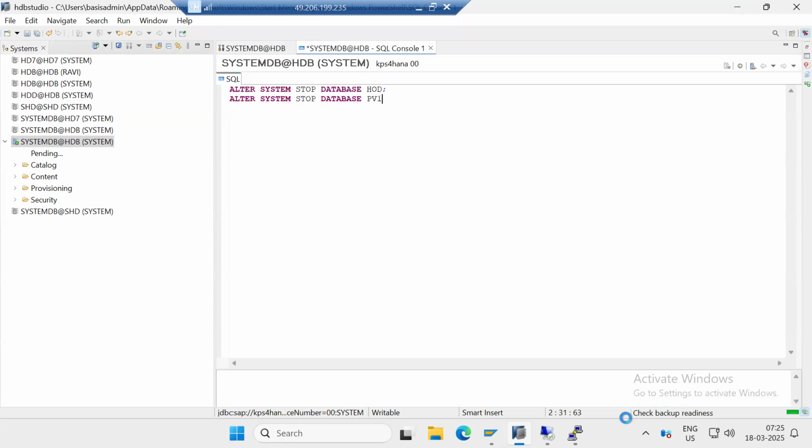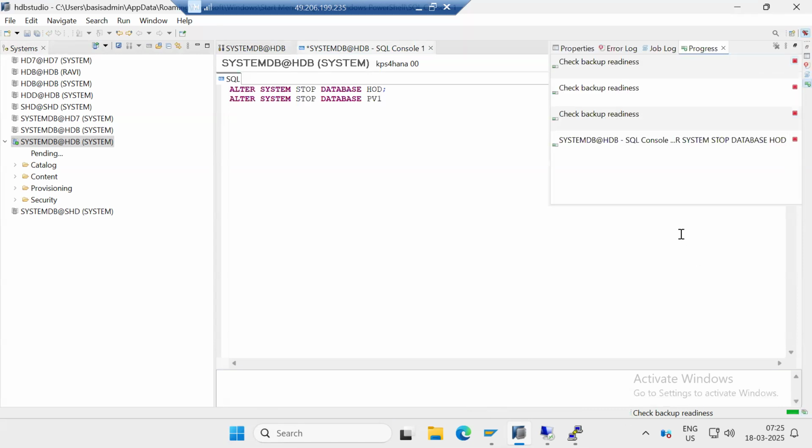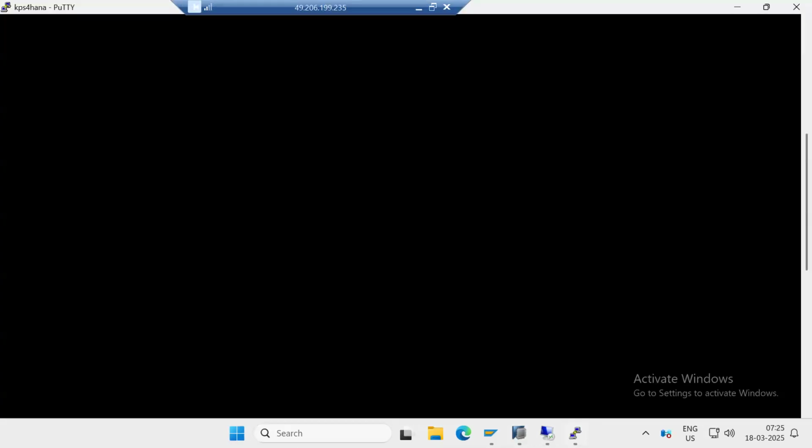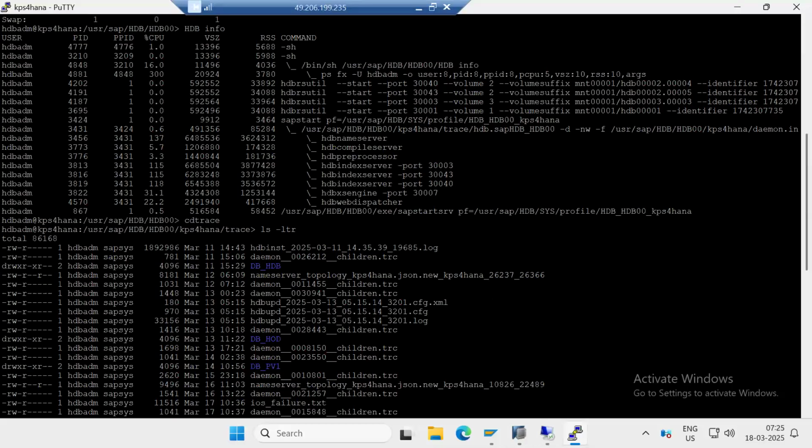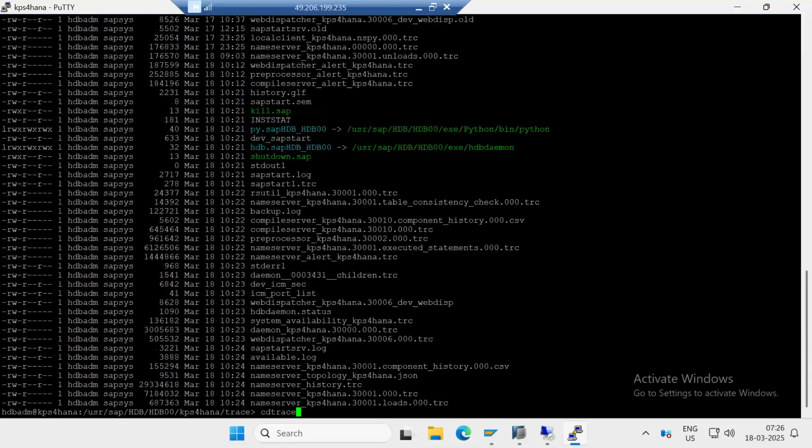We can check in the status bar, in the progress bar, whether commands are executing or not. See here, these commands are executing. Which means the index servers, whatever index processes are up and running, will be in stopped status. If you go to the DB info here,